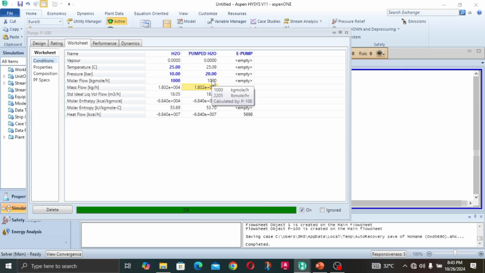It's more of a constant factor. But in a pump, when dealing with liquids, we are majorly after the increase in pressure. And that's what we just attained, an increase in pressure from 10 bar to 20 bar. And as you can see, our temperature slightly went up from 25 Celsius to 25.09 Celsius. Now, if this was a gas, even though pumps cannot actually increase the pressure of gases, but if this was a gas,